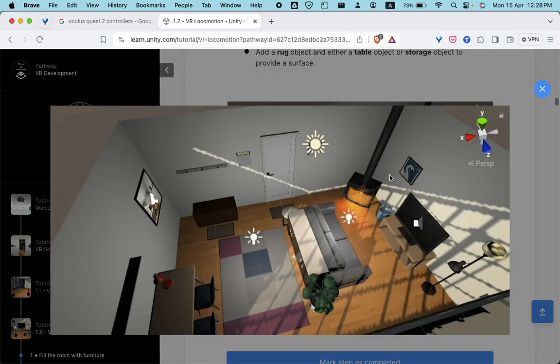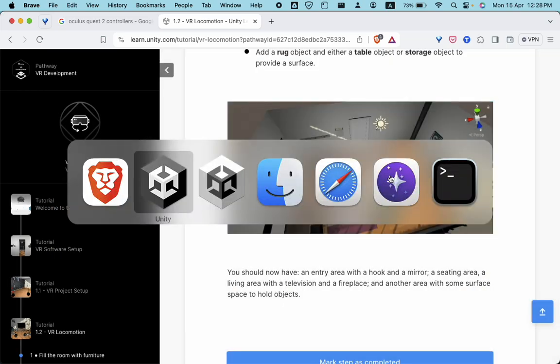You basically need to set up, it may not be exactly like this, but more or less like this. All these objects are present in the library project window. You place a table, you place a sofa, you place a table towards this wall, you place a table towards that wall and put a TV on that. You place a chimney in that corner, you place a mirror this side. Okay, all these things. So I'll place a few things and then you can place the remaining things